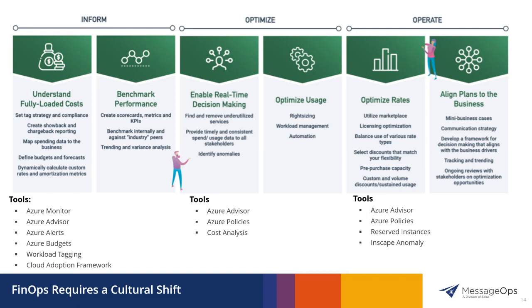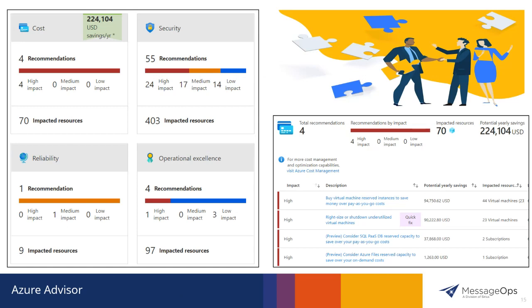But again, I really just want to drive home here that FinOps requires a cultural shift that really comes down to the three legs of the stool: the inform, the optimize, and the operate. And it does take a team: who's going to do what, who's responsible, and how often do we meet to track it. Okay. So Chris, I think we're just going to go through this real quick here. I don't want to spend a lot of time on it.